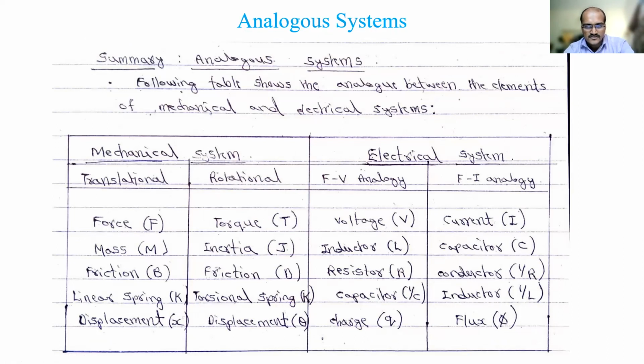You have seen already the differential equation for mechanical system and electrical system. That's only the model. The remaining models we will see in the coming modules. Then we have taken the analogous systems, where the translational system is compared with the series electrical system and the parallel electrical system. In the exam they will ask you the question: draw an FE analogous network for the given mechanical system. That given mechanical system may be a translational system or a rotational system.